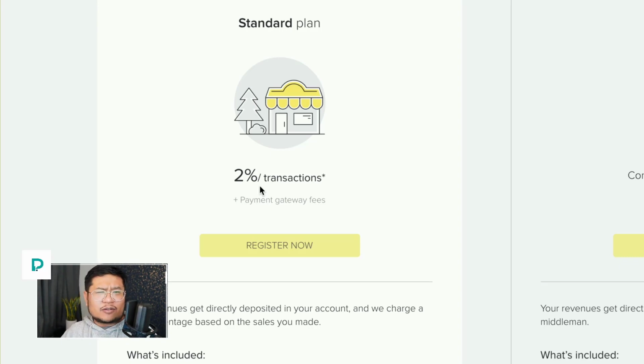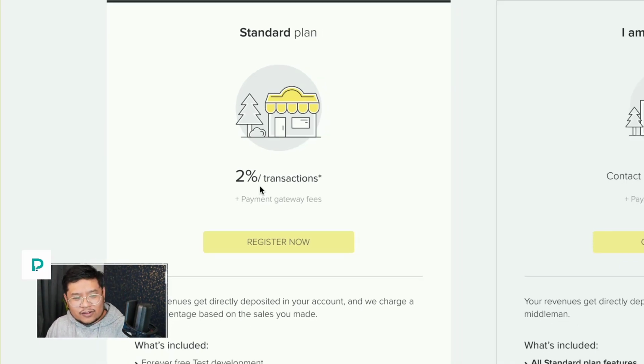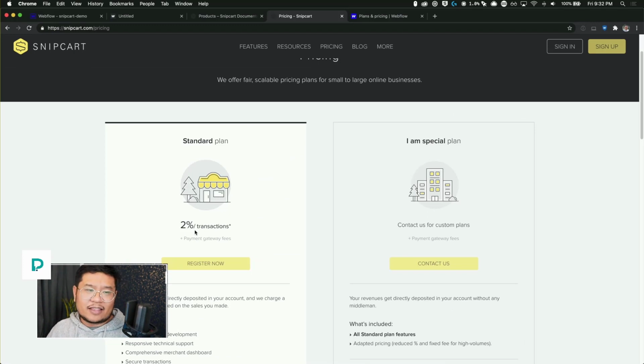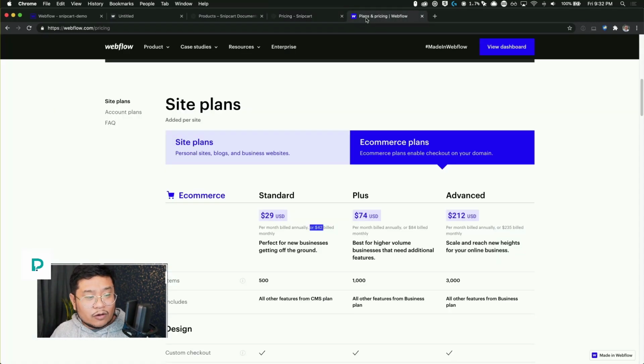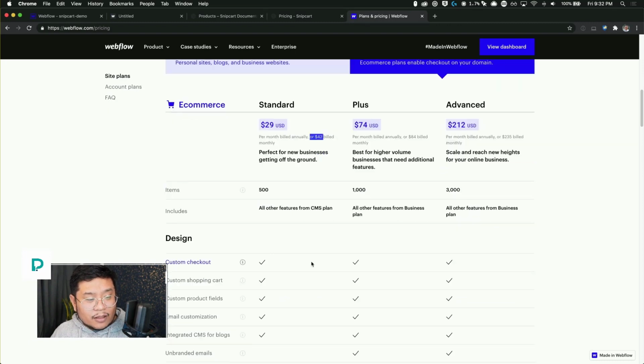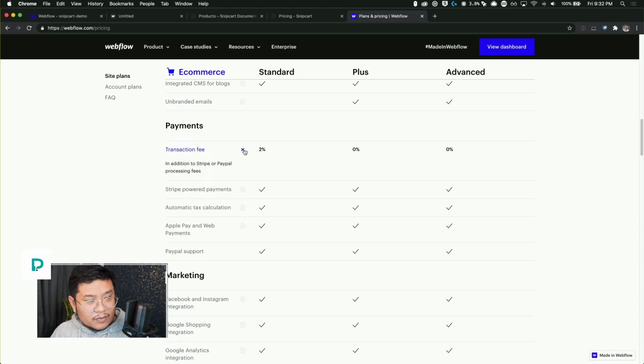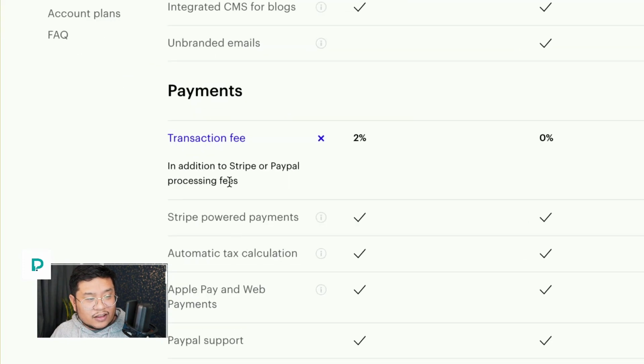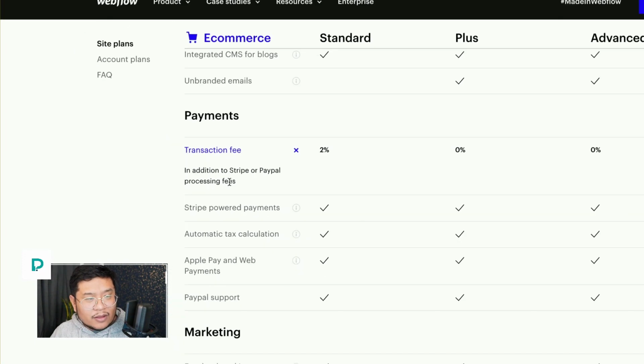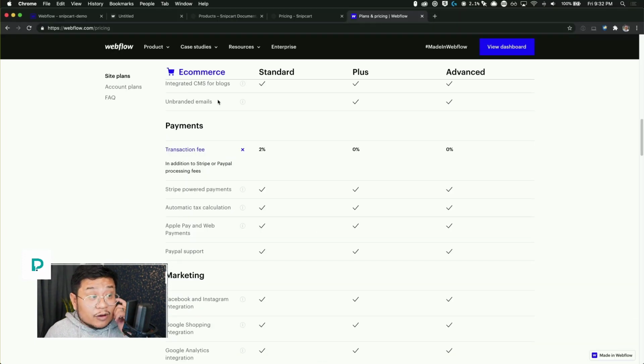So like I know Stripe does a certain percentage, plus a couple of cents on top of that for each transaction. So yeah, that's what you're paying through Snipcart. Whereas Webflow, you're paying 42 a month plus the transaction fee, in addition to any Stripe or PayPal fee. So that's the difference right there.